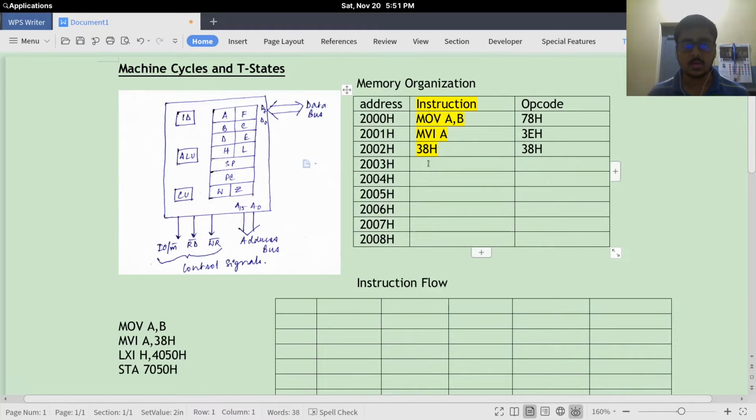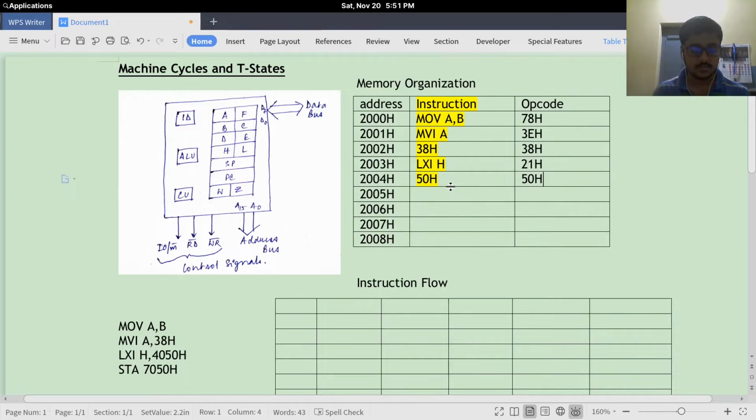In the next instruction we'll be having LXI H, 4050H. We'll be removing this because this is the data, and for LXI H we'll be storing 21H, the opcode for LXI H. In the next row we'll first store the less significant byte, which is 50H, and in the next row the most significant byte, which is 40H.